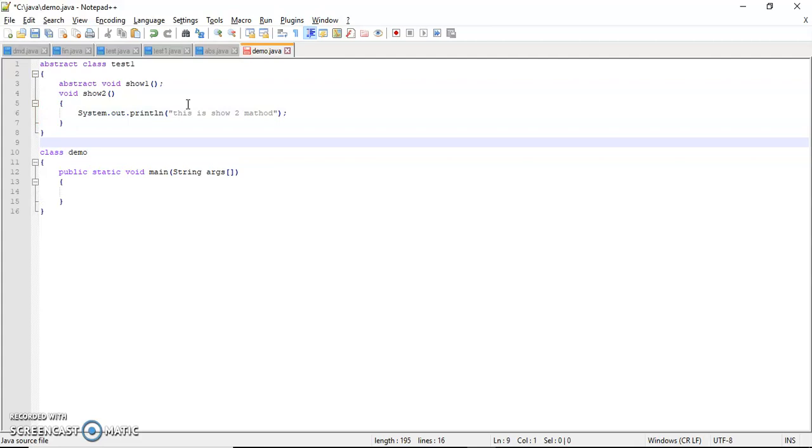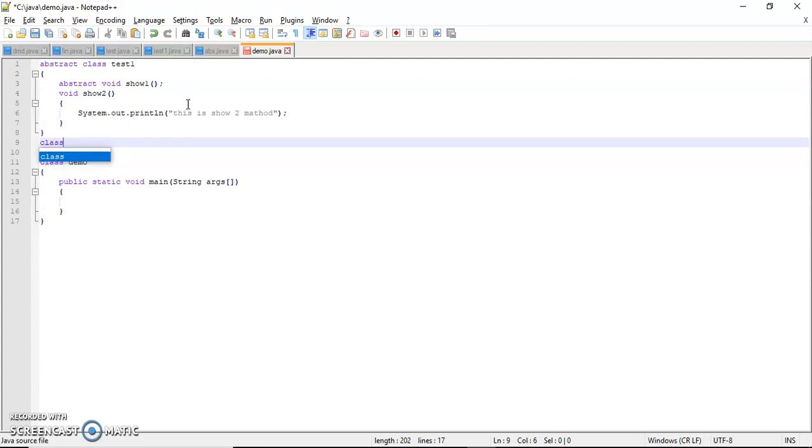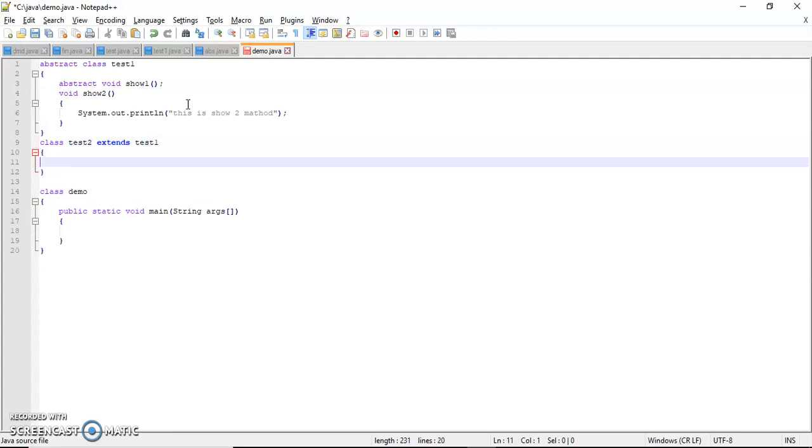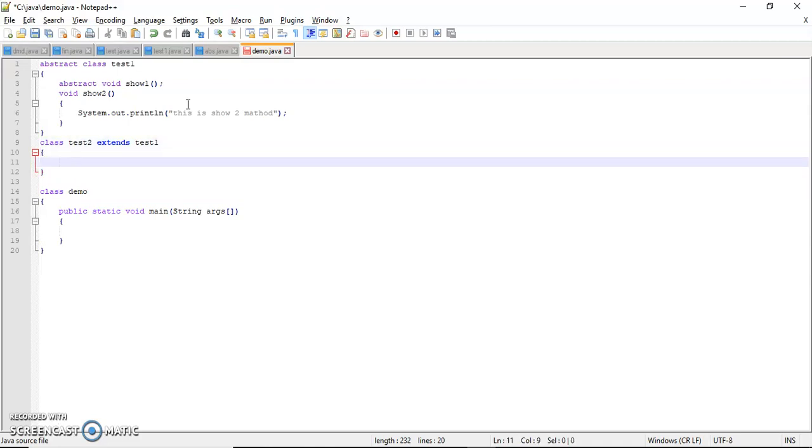Okay guys, now we prepare one more class, class test2, which extends test1. In test2 we can utilize the properties of test1, but there is one more concept: test1 is an abstract class.